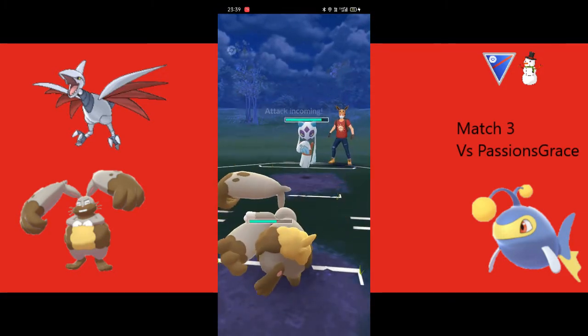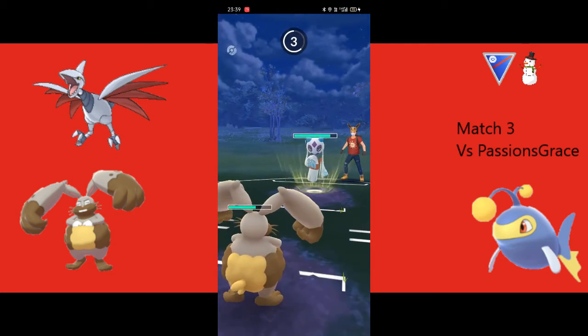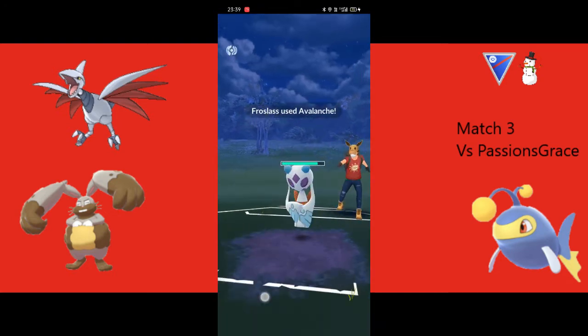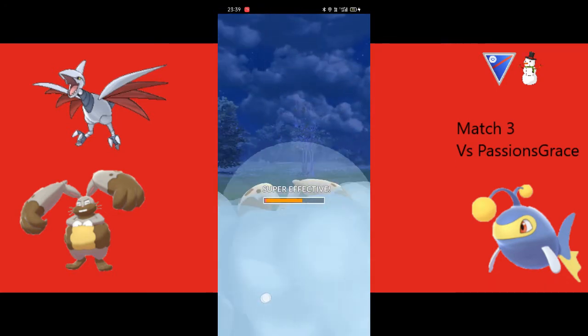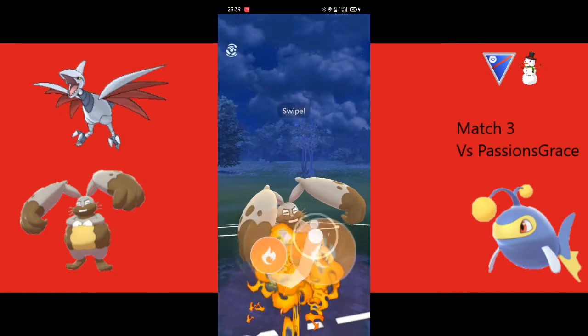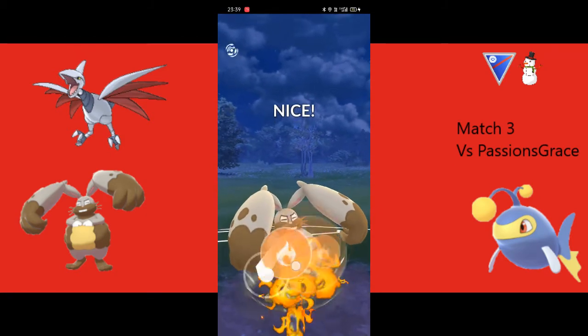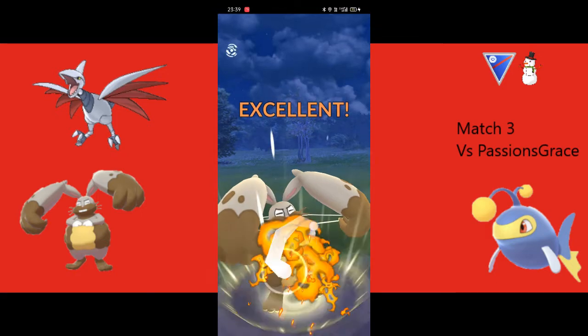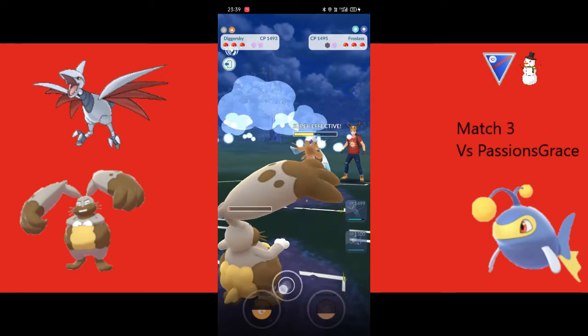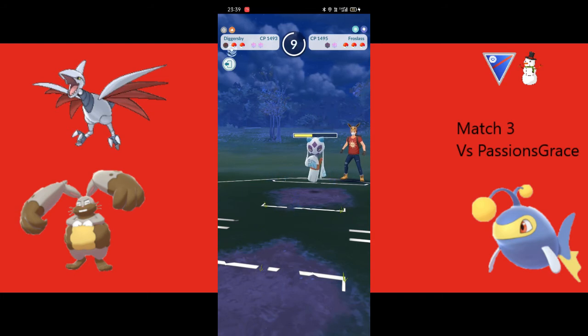I don't shield here, which is probably a misplay by me, because this is going to one-shot. Oh, he survives with 1 HP, so I got lucky there. I probably should have shielded that one, but I'll get an extra Fire Punch off, which he doesn't shield. So I have shield advantage, but